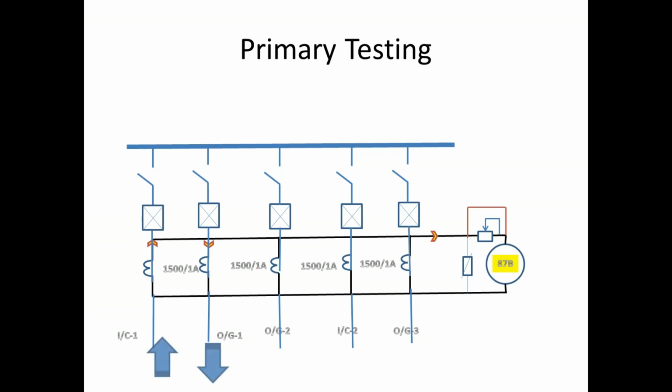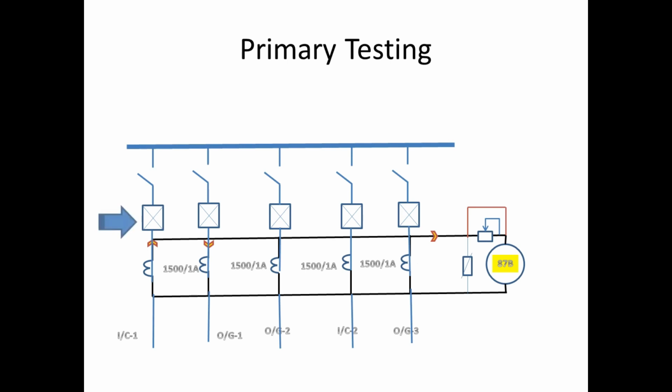First we take the incomer as a reference, and the current in should be connected over the incomer and the current out should be connected over the outgoing. So the current in of the R phase is connected in the incomer, and the same R phase has to be connected on the outgoing. Like this we have to continue for all phases and for all feeders.